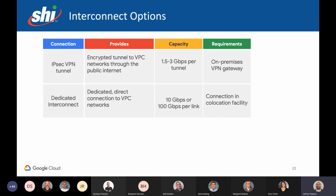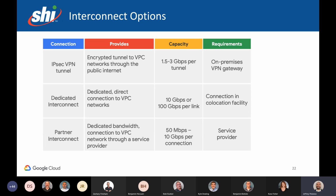The next interconnect option is a dedicated interconnect, and it provides a dedicated or direct connection to the VPC networks with a capacity of 10 or 100 gigabits per second per link, and it also requires a connection in a co-location facility. Last but not least, we have the partner interconnect option, and it provides dedicated bandwidth and connection to